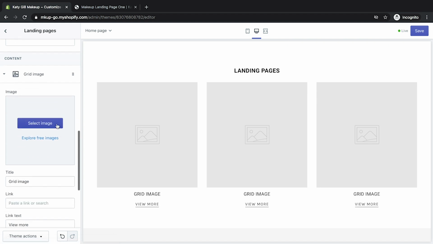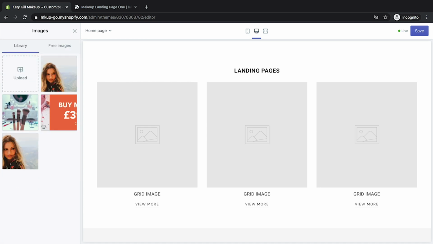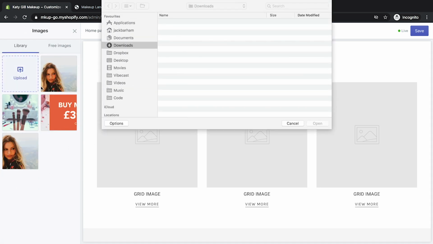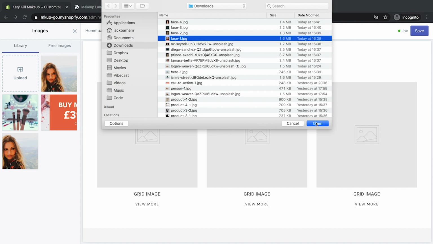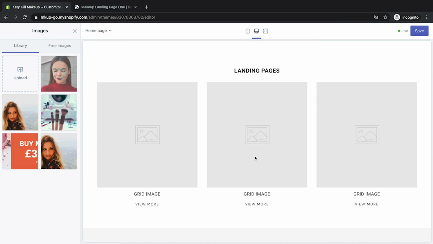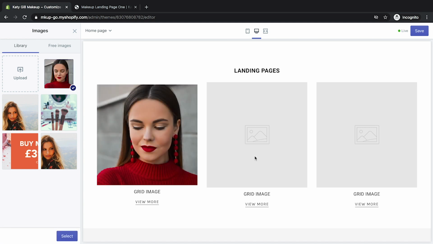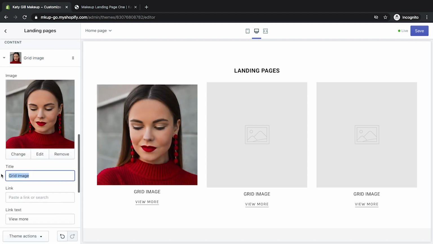So the first one is, let's add an image. I've selected some images already, and I've edited them in BeFunky. So let's upload our first image. So we go to face 1. When you're doing this, especially on makeup, it's good. Faces always draw people in. If you've got a picture of someone in the face with it, especially if it's expressive, it makes a huge difference with people wanting to click and find out more. Okay, so we've got that. We'll select that.